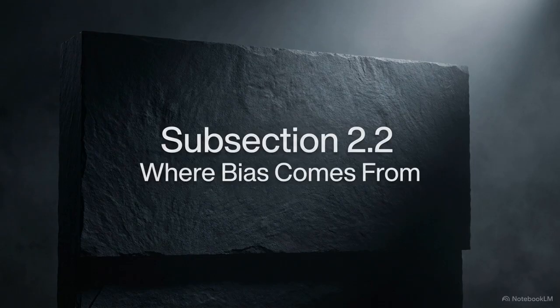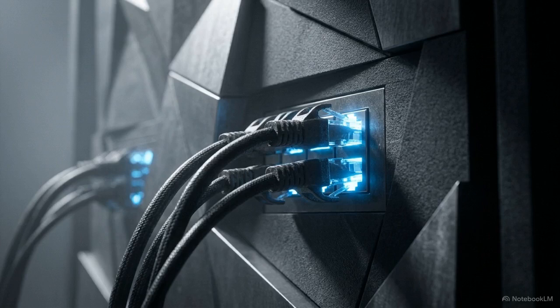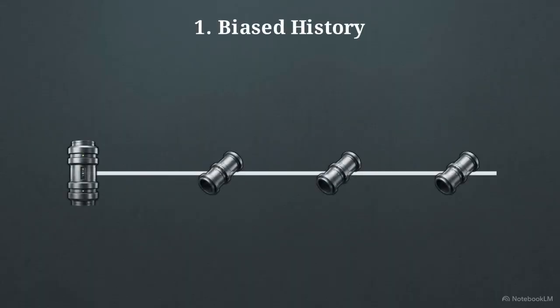Bias does not appear from nowhere. It usually enters through a few common pathways. Unfair outcomes do not materialize out of nowhere. They infiltrate a system through 4 specific entry points, as data is collected, processed, and turned into decisions. The first entry point is a biased history in the training data. If an AI studies past examples that reflect unequal human treatment, it will learn to copy and automate those exact